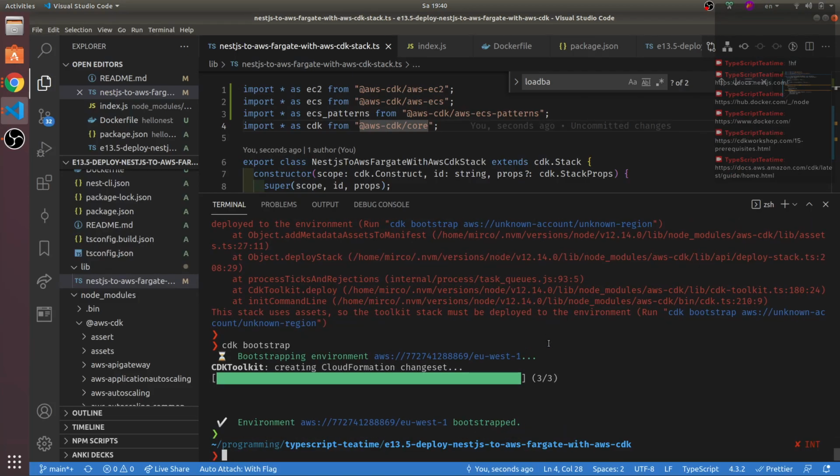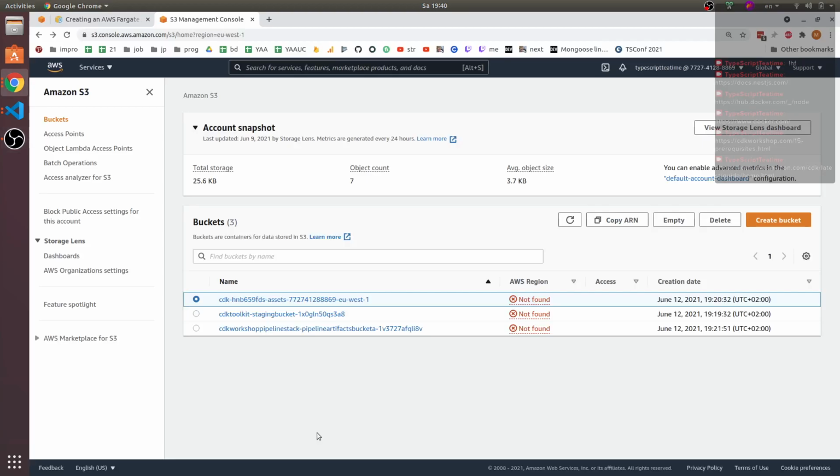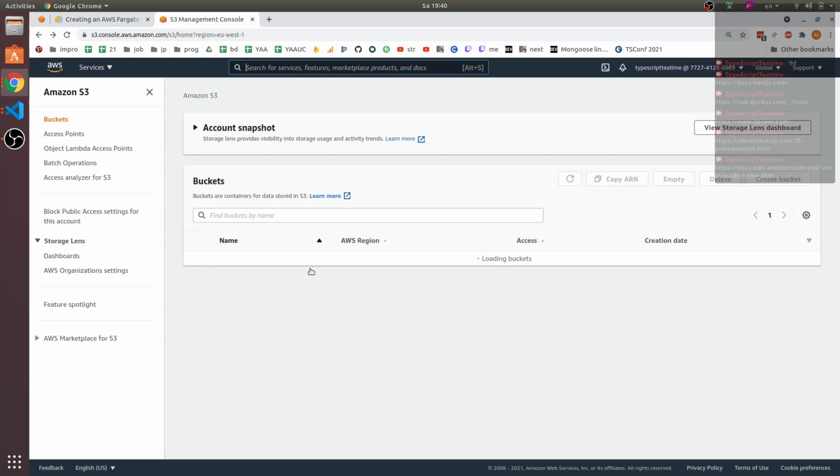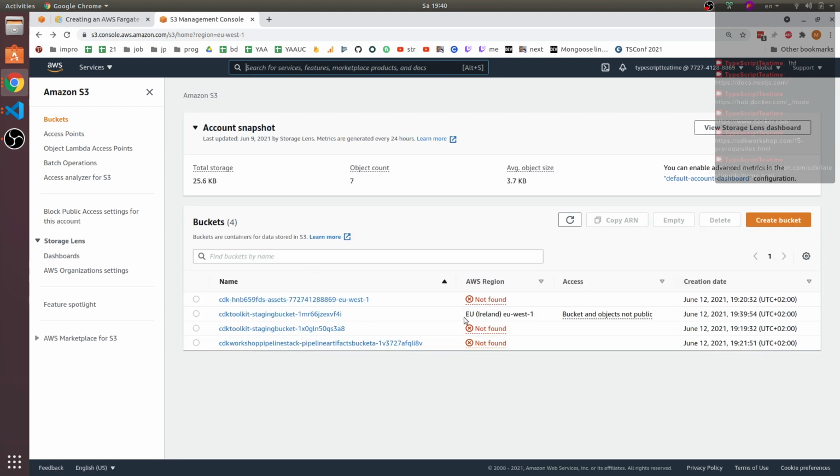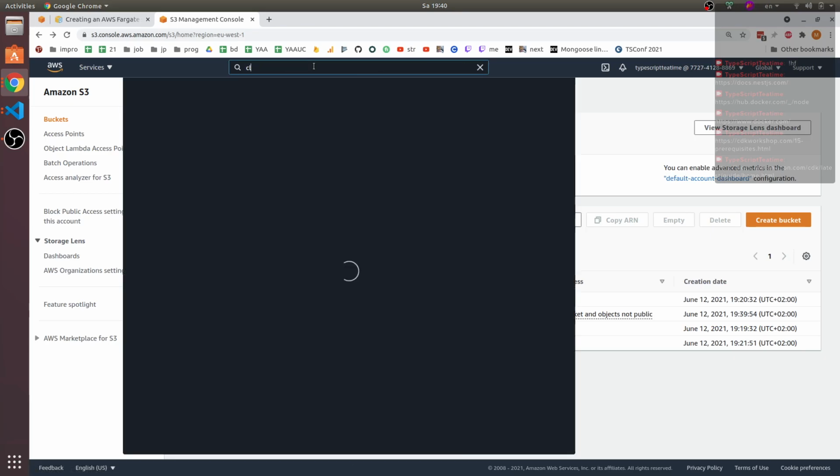So bootstrap was successful. We should see, if I reload here, in soon time, yeah, there we go. We do see this staging bucket, and we actually also see now in CloudFormation